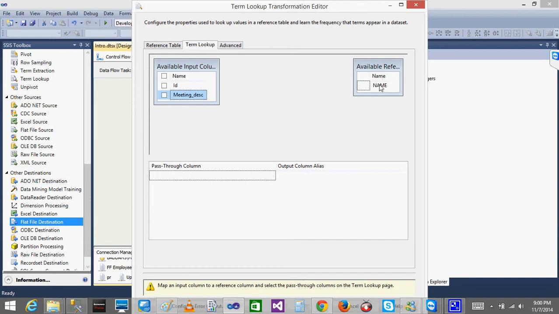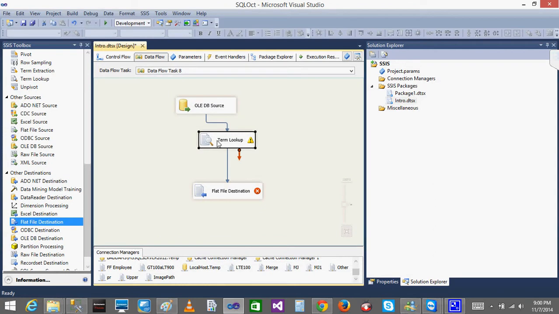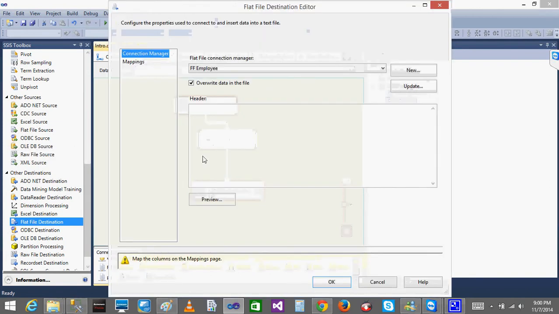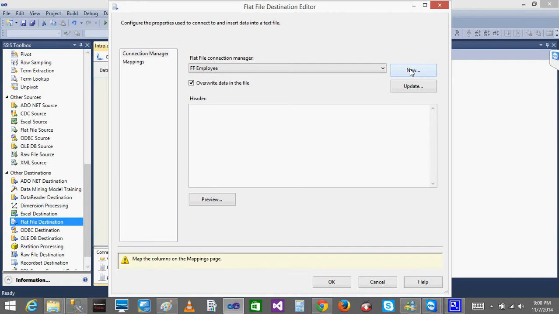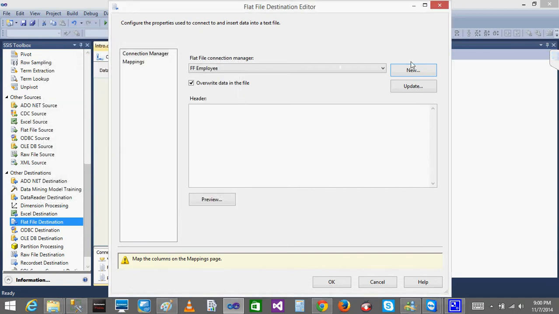Now I'll drag and drop. I'll have this pass through column. That's okay. See, now it went. Okay, because we are passing them. So now it is passed through, done. I'll click here. Now I'll create a new file. So whenever you want to do a lookup on the column, that column should always be in nvarchar, not the varchar. That's the reason it is throwing an error.